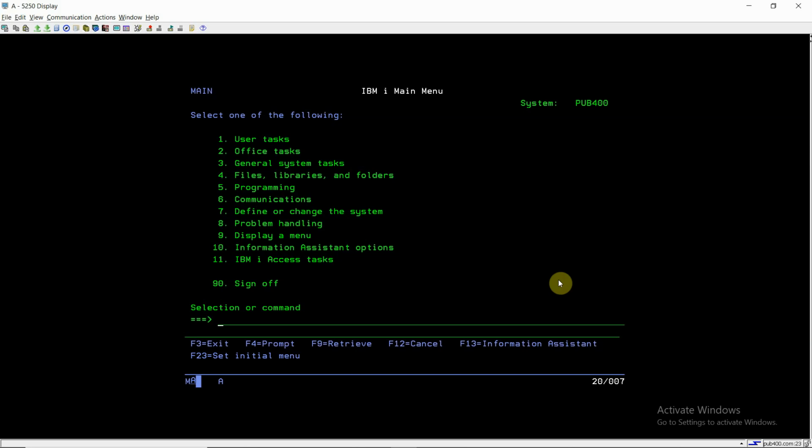A library is basically an object in itself, whose type is *LIB. This library object contains other different types of objects, like files or programs.